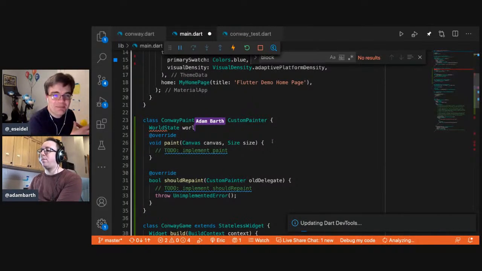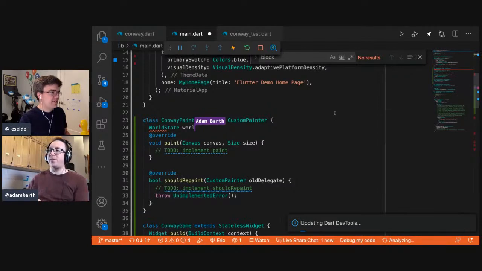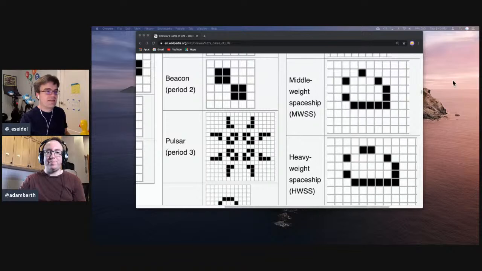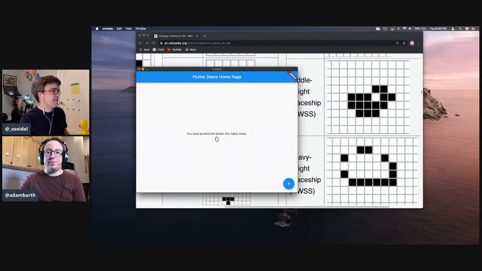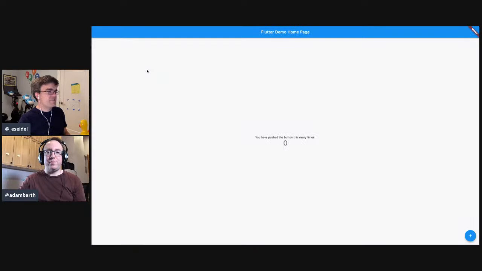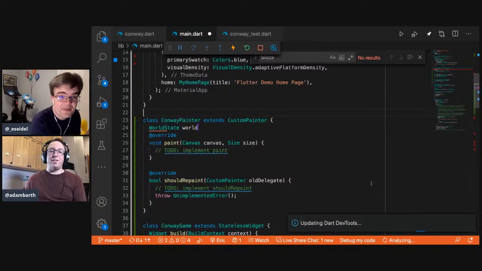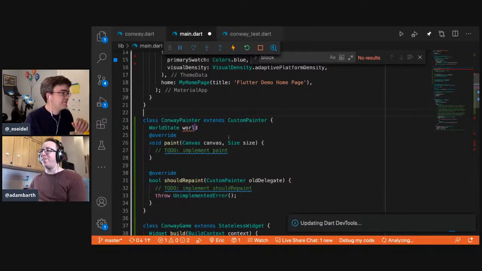I love that we're going to have it completely typed up. Oh, it's running. I can bring it up, if you hold your horses for a second. I will hold the horses. Conway, come to us, Conway. Okay, we have pushed this button this many times. So this is our running application, which we will then hot reload into beautiful Conwayness. Do you want to do your fancy split screen thing so we can hot reload and type?